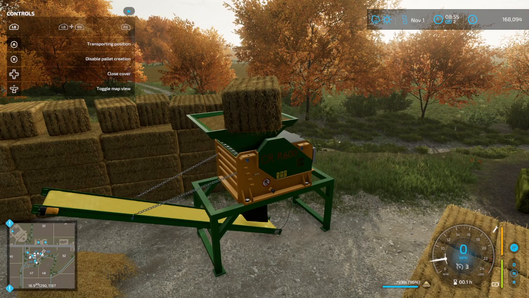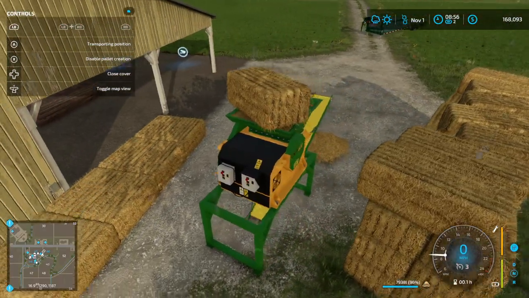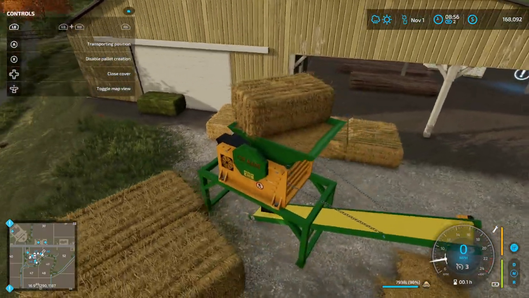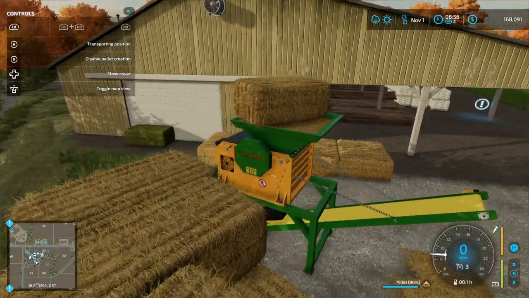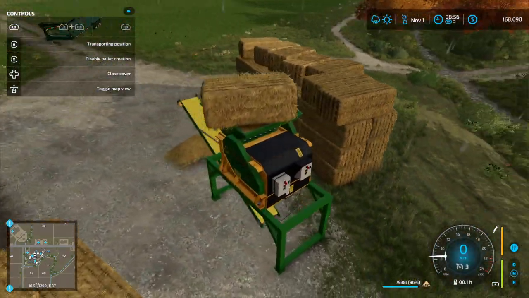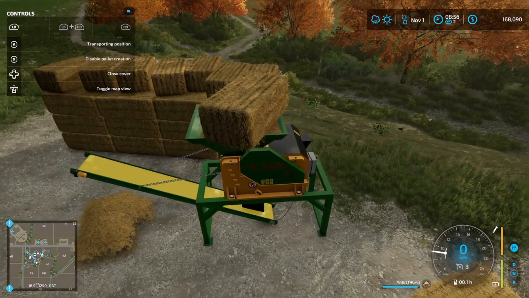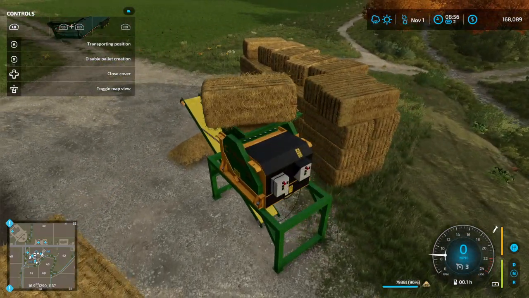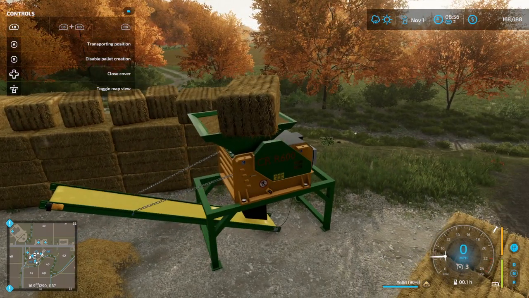Different things. It will allow pallet creations. I've tried to play around with it a little bit this morning to see if I can figure out how to get it to do the pallets. I'm thinking either the straw won't go into a pallet, or it's because I have the conveyor belt on there. I'm not sure. I'll play around with it some more and possibly do an in-depth video on it in the future,